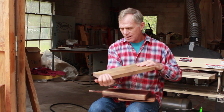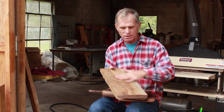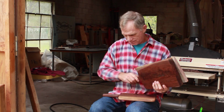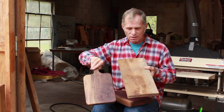And when I take a piece like this and I throw it through the planer, it's like Christmas, because I don't know exactly what the grain is going to look like, but it can turn out like that, and that is just beautiful in my opinion. I mean, it just goes from one to